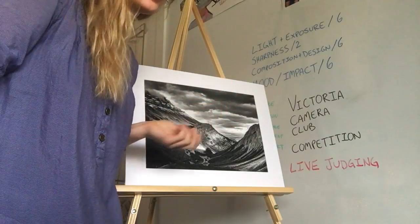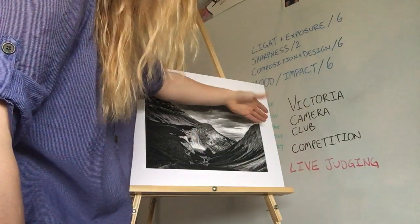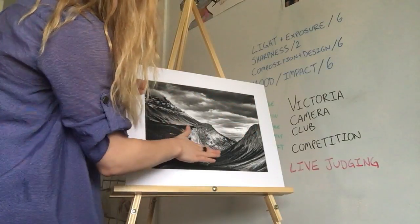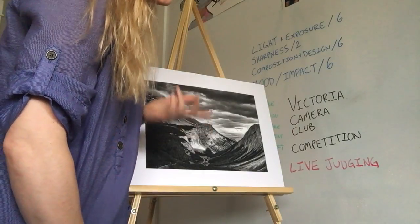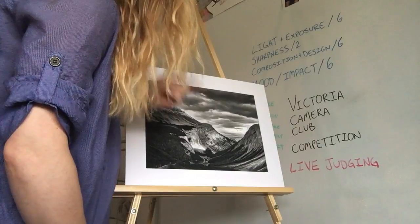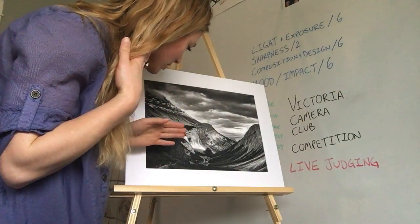So I think the impact of the mood here is really nice. The lighting is extremely moody. It's coming in through here, through a hole that the mountains have created, like a valley, and it's slicing right up here. So it's got a really sharp line. Really nice time of day for the maker to decide to take this photo, especially because the weather is also very moody. And no sign of any lens dust, so the sensor was actually very clean for such a crisp